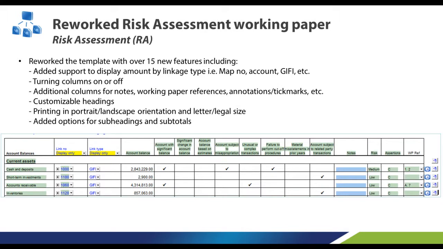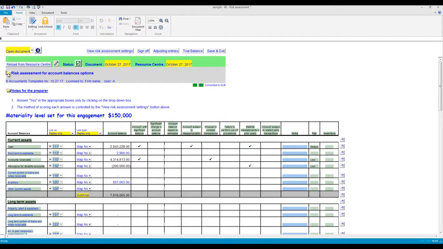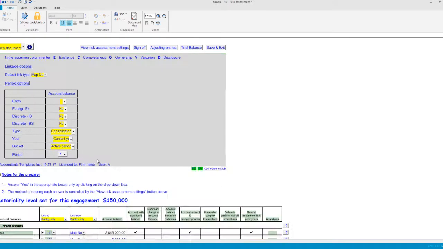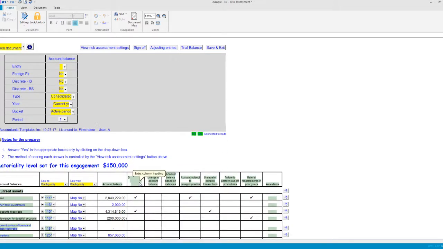Rework the risk assessment working paper to include features and functionalities seen in other working papers. Some of the features include setting the page size to letter or legal, the orientation to landscape or portrait, turning columns on and off, setting the default link to something such as Giphy, customizing the headings,